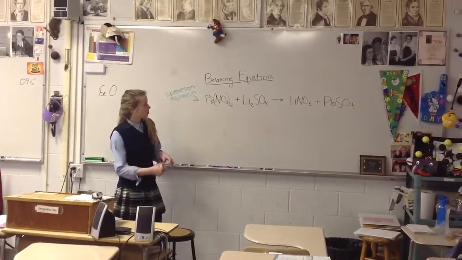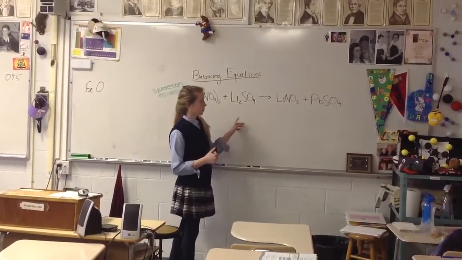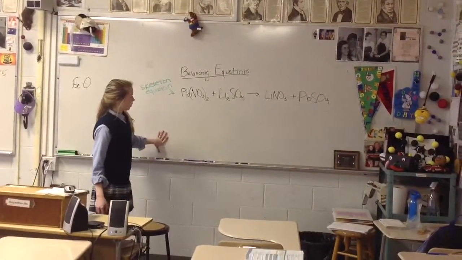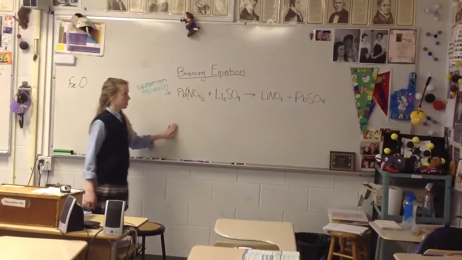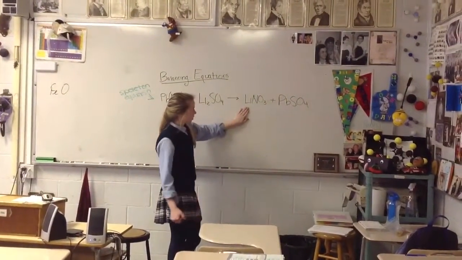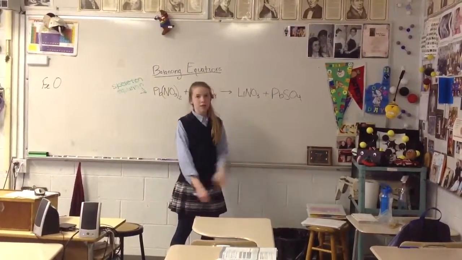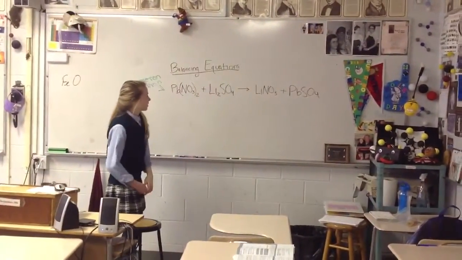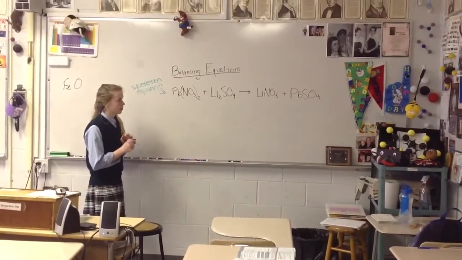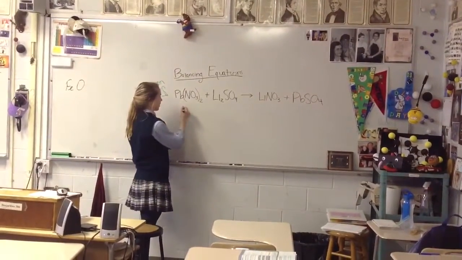To balance a chemical equation, you need to have the same amount of each element on both sides of the equation. So right now this reads 1 mole of lead nitrate plus 1 mole of lithium sulfate yields 1 mole of lithium nitrate plus 1 mole of lead sulfate. However, there are different amounts of each element on either side of the equation. So to ensure that they have the same amount, you can make a t-square,